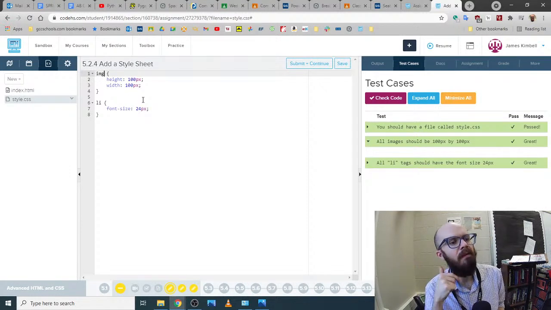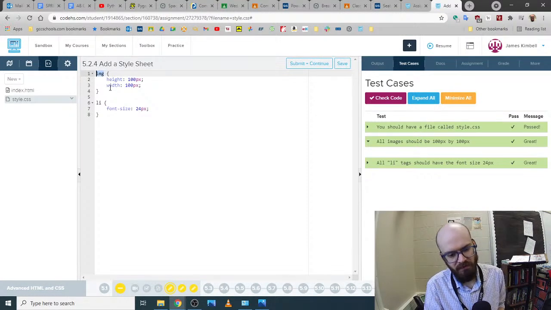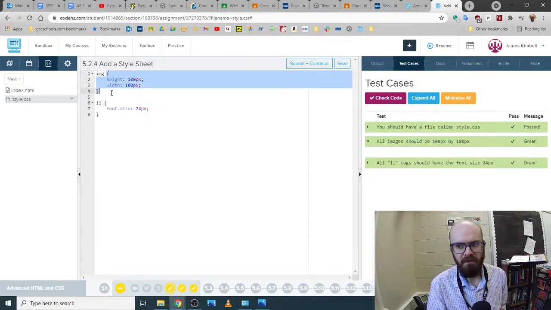Or you can go by tags. So like in HTML, you have tags like img or font or a for links and things like that. And if you just put a tag